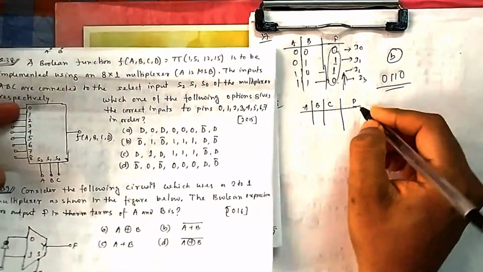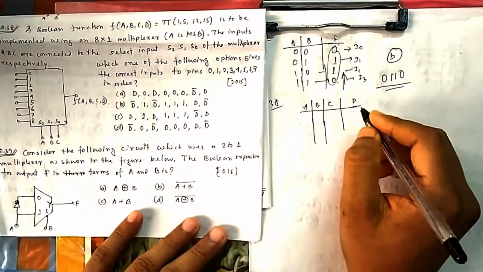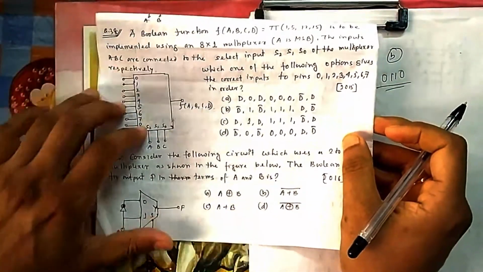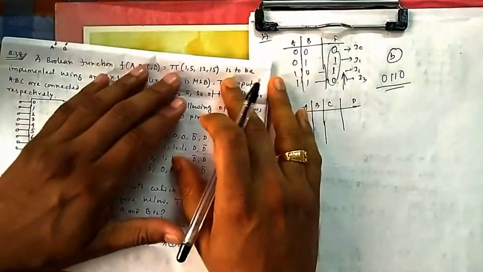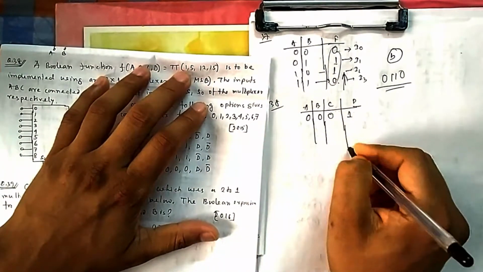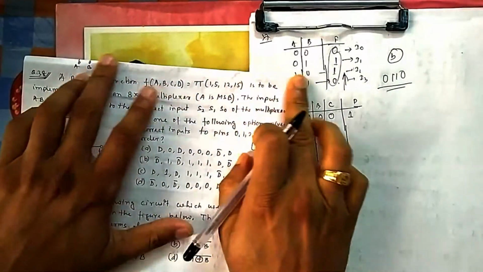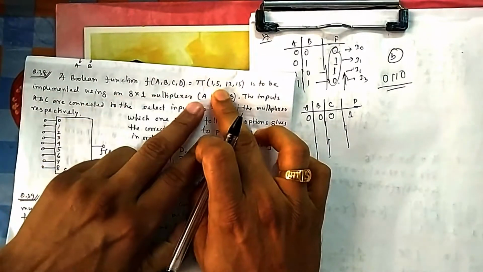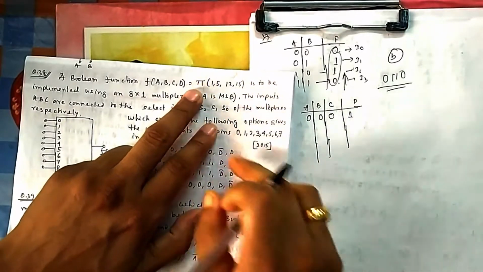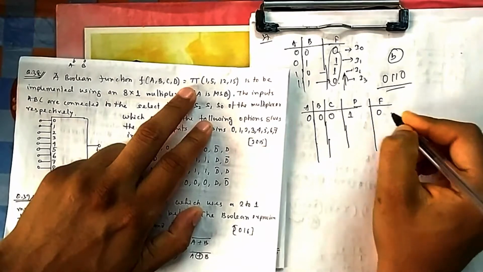I am writing the output a little bit later, because I want to write the output in terms of D only. D is not here, so D will be somewhere here. So what is the first position? The first position is 1, so when it is 0 0 1 it will give me 1. So let me write this position, because in this position your output should be what? 0 or 1? In this position your output should be 0, because it is POS, not SOP. Okay, so you can write your output F also, this is 0 in this case.